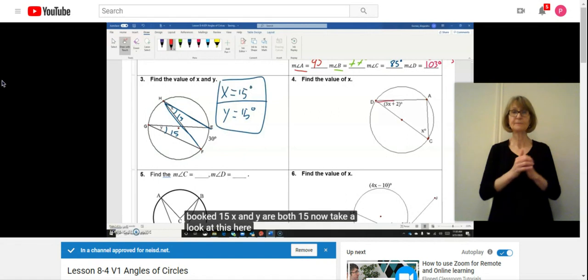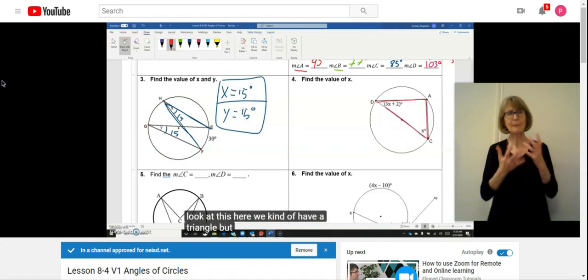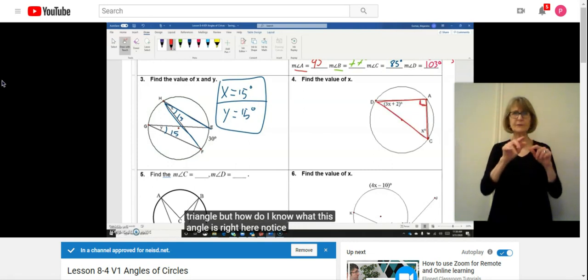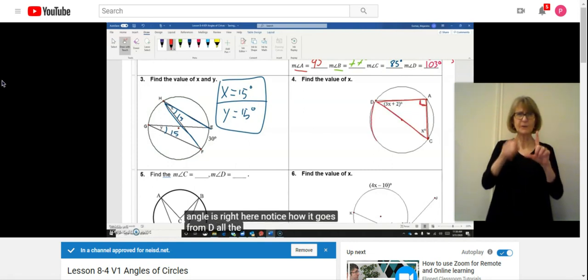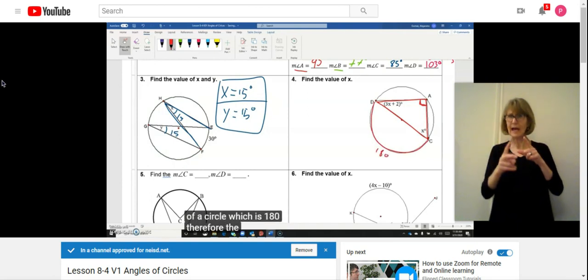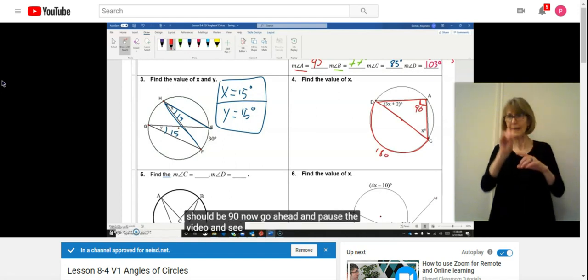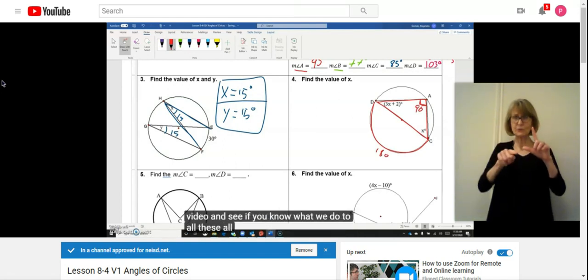Now take a look at this one. Here we kind of have a triangle. But how do I know what this angle is right here? Notice how it goes from D all the way to C. So that's half of a circle, which is 180. Therefore, the inscribed angle right here should be 90. Now, go ahead and pause the video and see if you know what we do to all these. All right, so they add